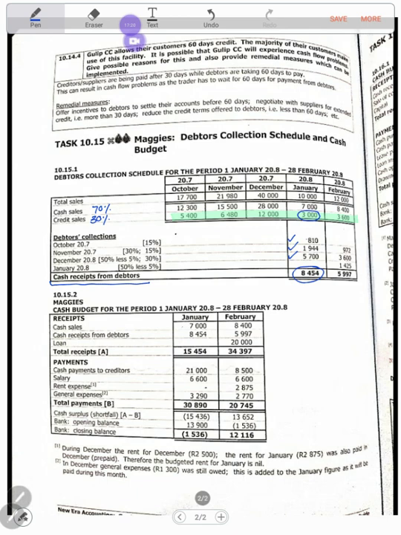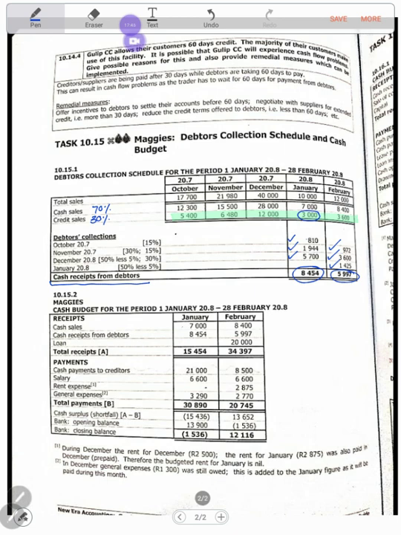I'll do the very same thing for February. 972 Rand plus 3,600 plus 1,425 will give me a value of 5,997 Rand. All right, we have now just completed 10.15.1 and now we can move forward onto our cash budget